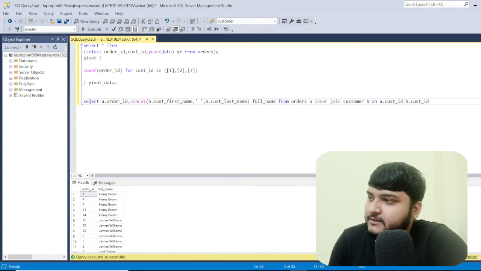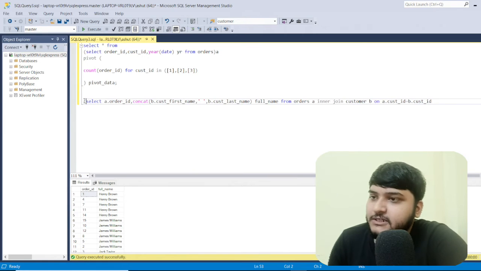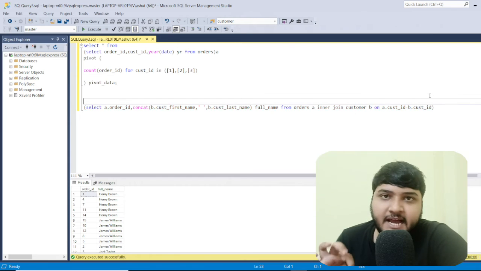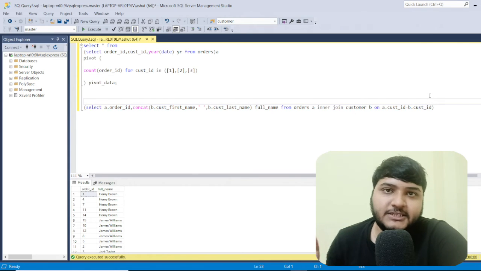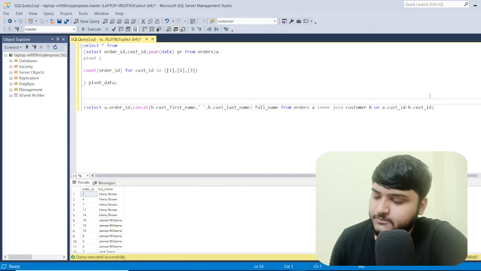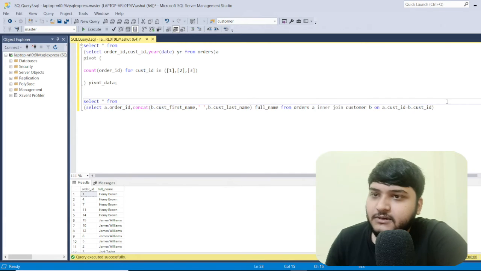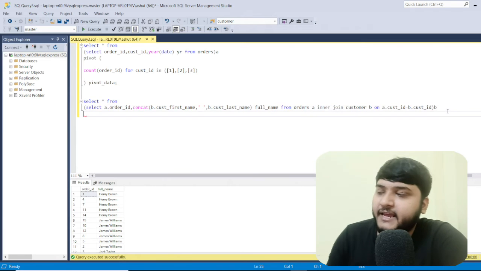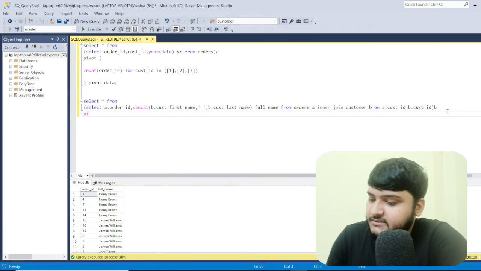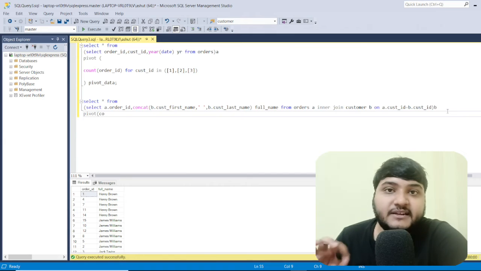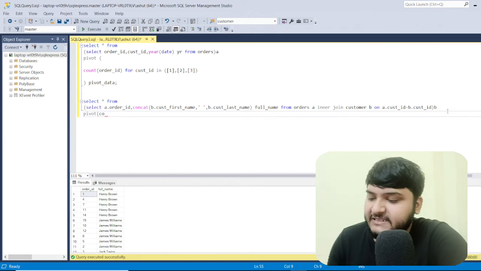So it is perfectly fine, the output which we wanted. I'll put this into a subquery. So I'm getting the desired columns which I require into my subquery, and I'm not getting the unnecessary columns. After this, I need to mention a select star from this. I'll give this an alias, mention this pivot, and which metric I want to calculate. So I want to calculate the count of the total number of orders. So I'll mention count of order ID